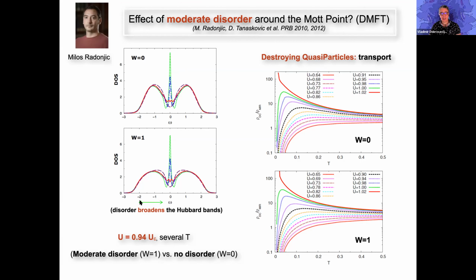Well, what happens is that these Hubbard bands are slightly broadened. And that means that the critical U is increased, but if we stay at the same distance to the critical U, the temperature dependence is almost identical. The Hubbard bands are slightly deformed, but qualitatively the behavior is almost identical, and even quantitatively almost the same. So that means that, again, in this regime, the main effect of disorder is just to broaden the Hubbard band, but it doesn't really affect quasi-particles very much in this regime where they are already very incoherent and being thermally destroyed. The resulting resistivity curves are also almost the same.